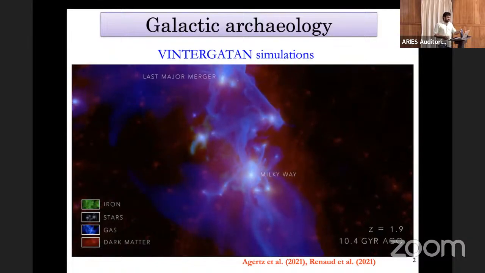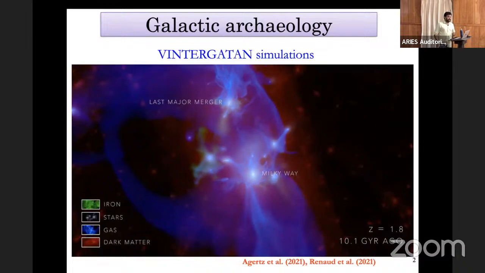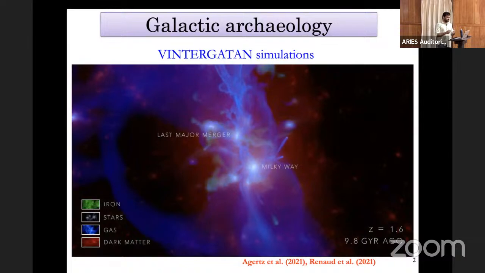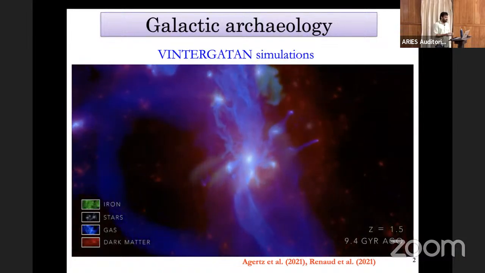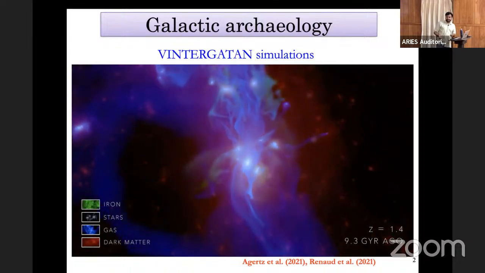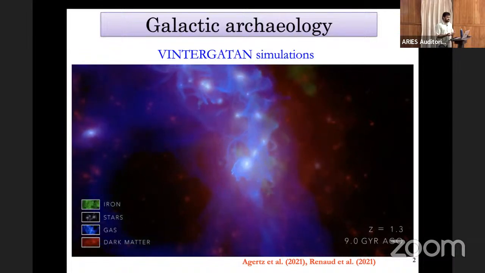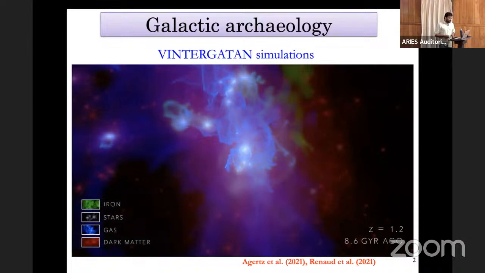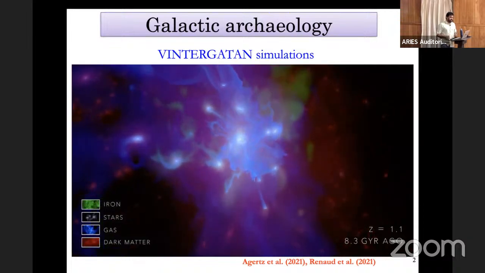And for that, you can see that there are a lot of violent mergers happening in the proto-galaxy of the Milky Way. And we now know that there has been a major merger with a Milky Way mass type galaxy at around 8 giga-years ago, which they also see in this particular simulation, and which has shaped the spiral shape of the Milky Way, as well as the thin and thick disk components, bulge, etc. of the Milky Way. So this is a way the simulations are able to trace back the formation and evolution